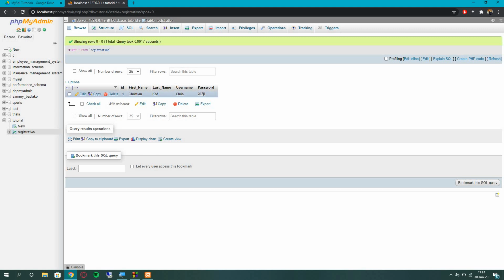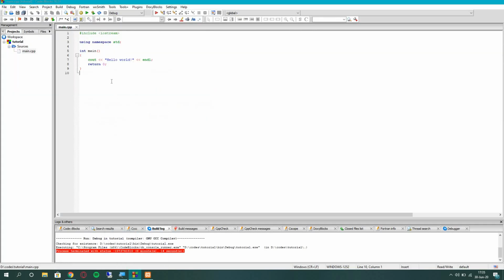So we are going back to our code blocks to code and link our database to our C++ project. So open your code blocks. We'll be needing these other files. So include